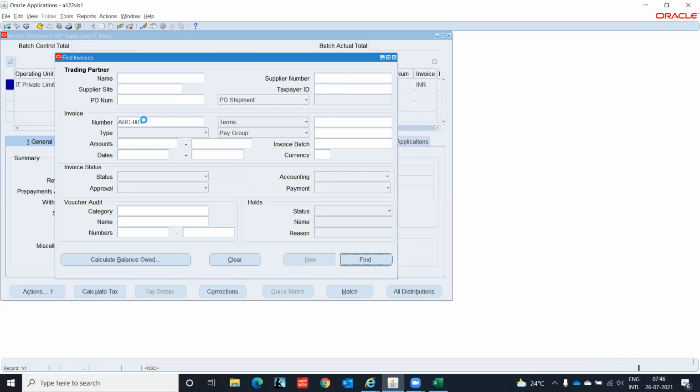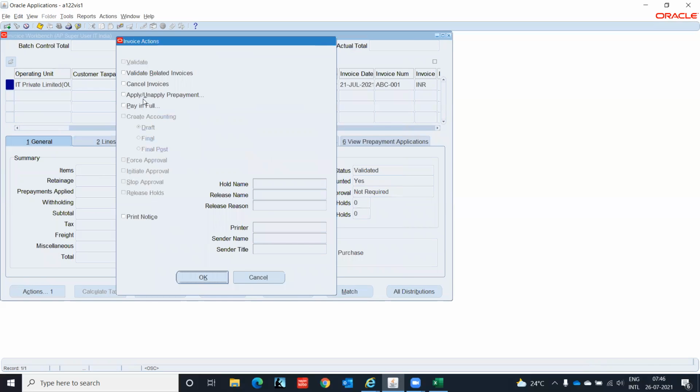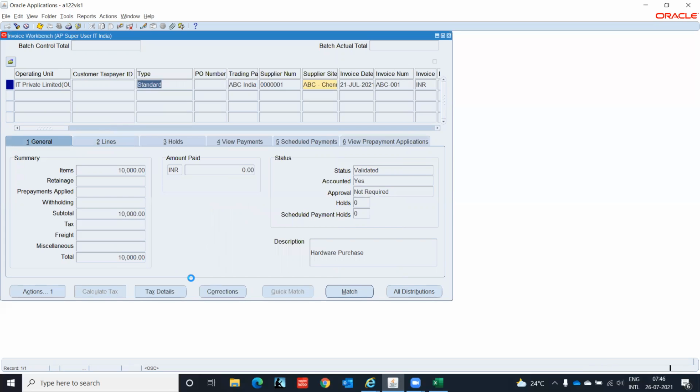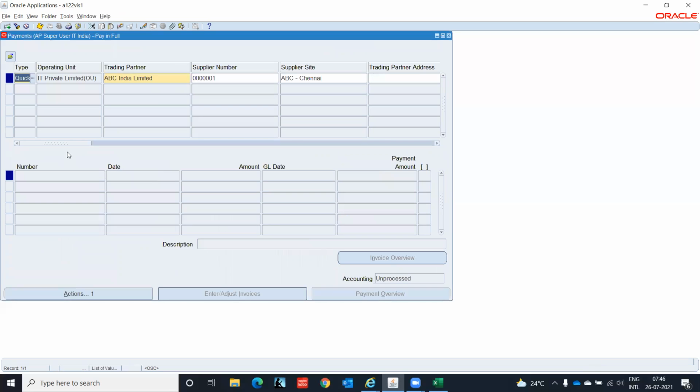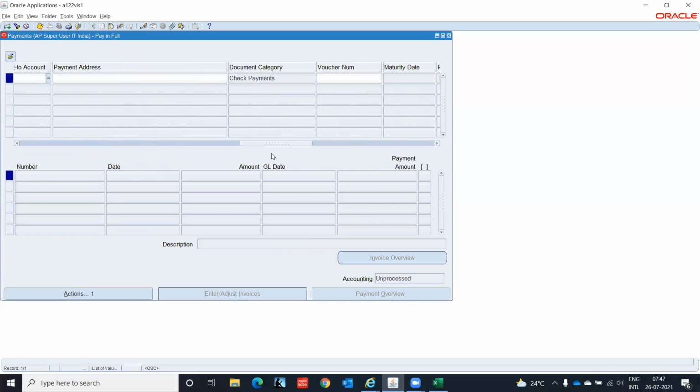ABC-001, actions, pay in full. Okay, it will take me to the payment screen. Here I select the bank account, payment method check IT, payment process profile IT domestic payment process profile. Check number has come. All this detail is okay. Now